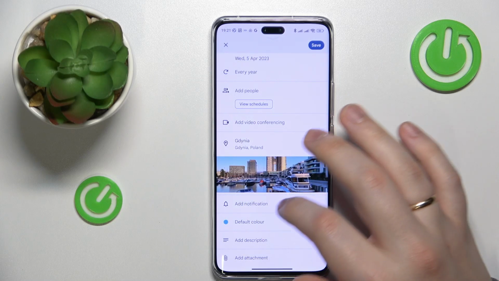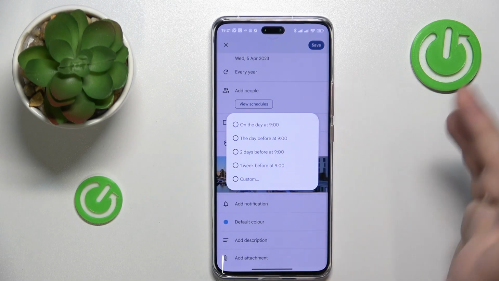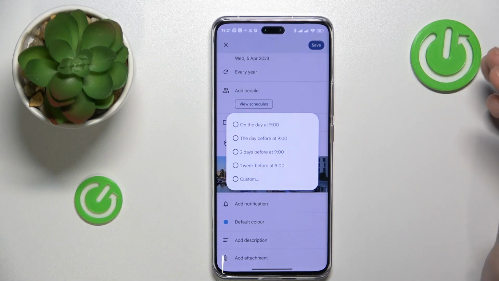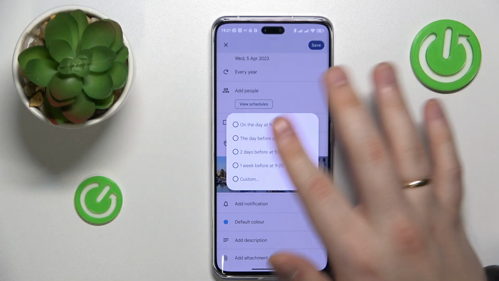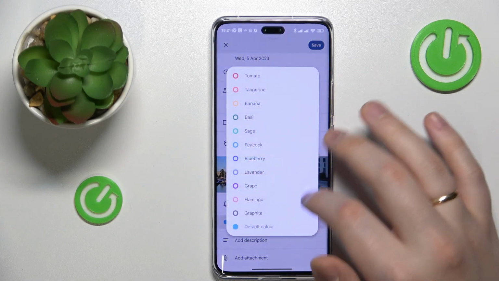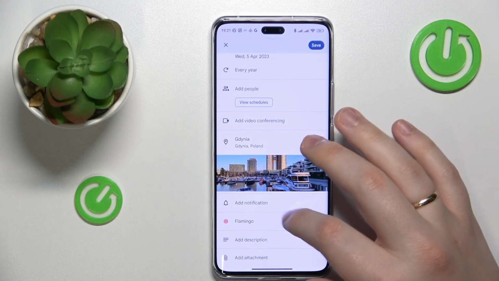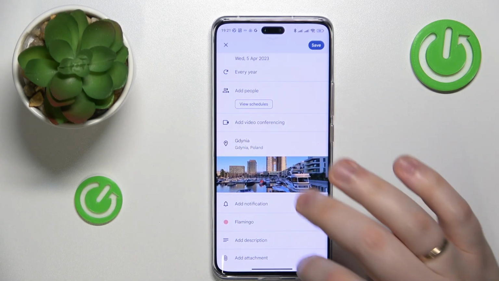You can also choose when you would like to be notified about this event. So let's say at the same day at 9 AM or 2 days before the event at some other custom time. You can change the color that this event will have inside the calendar, add some description, attach a file